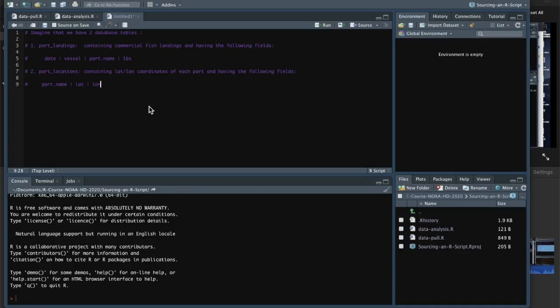My abstract motivating example here may not be the best example, but it's a real example from my work. And so I thought I would like to provide it here as a little bit of motivation for why sourcing a script can sometimes be beneficial. Let us imagine that we have two database tables and that we're comfortable enough in R to work with those tables on the database. What we like to do is join two tables, one of them containing commercial fish landings. This is a table that might have the following fields: a date, a vessel, a port name, and a